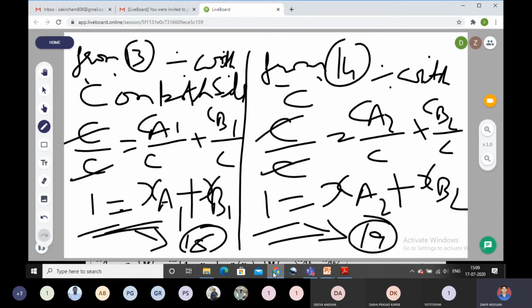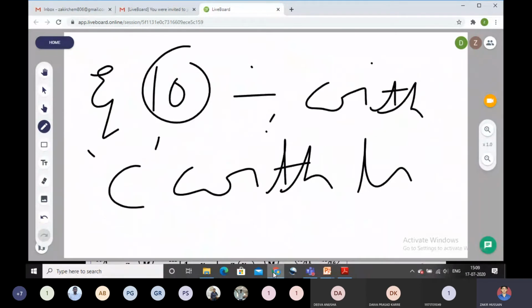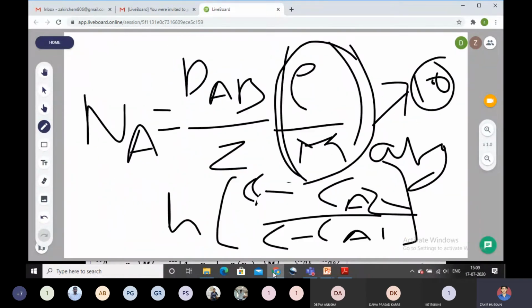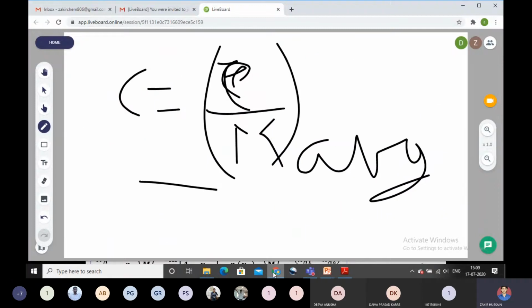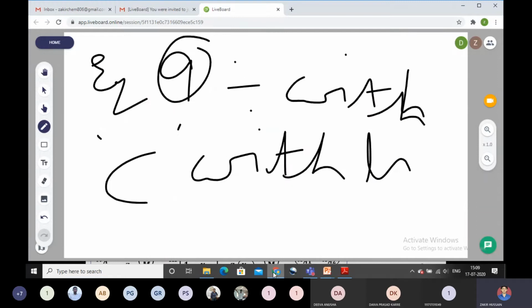Now what we have to do, we can go through the previous equations which are 9, 10, 11, 12, which are very important. We deduced them from these basic laws. So what is the ninth equation? Okay, this is equation 9. We have to take that equation to there. From equation 9, once again we will write it.